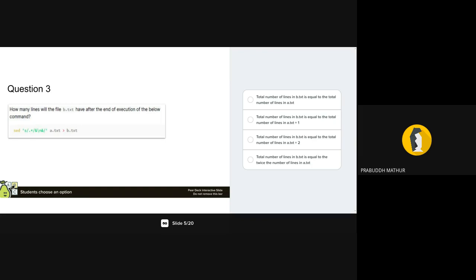We have that backslash n, and then again an ampersand. So basically your one line gets converted into two lines. What is the ampersand doing, sir? Ampersand is the literal string ampersand.